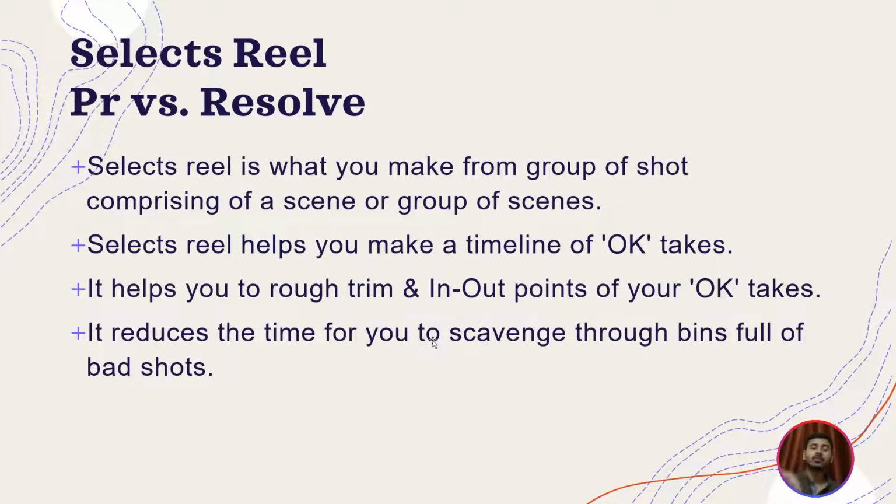and you can clearly make ins and outs from that source viewer and keep dropping them into your timeline. And if you have mastered and understood the input functions I taught you earlier, you would be flying through your select reel, because you will be using I and O for your in point and out point selection, and you will just be pressing F9 F9 F9 to make inserts, or F12 for append at the end.